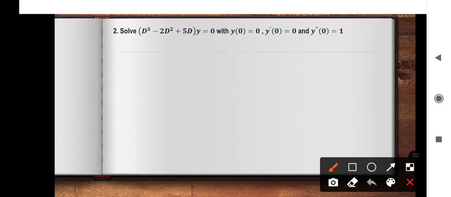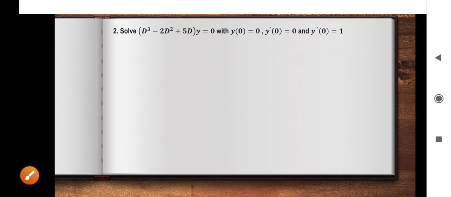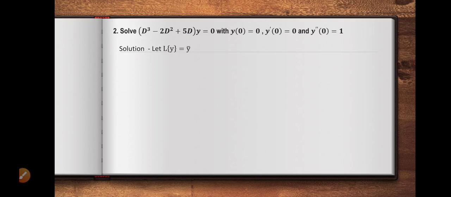In the same way we can solve one more example. Now here y cube is present, meaning the third derivative of y is present. So you have to use L of y triple dash here to obtain the y bar function. Now following the same procedure you will get y bar. So this is writing the given differential equation in dash notation.